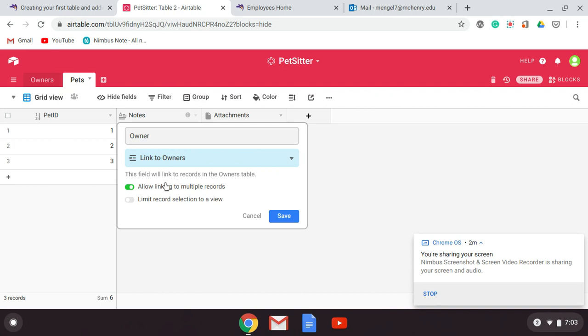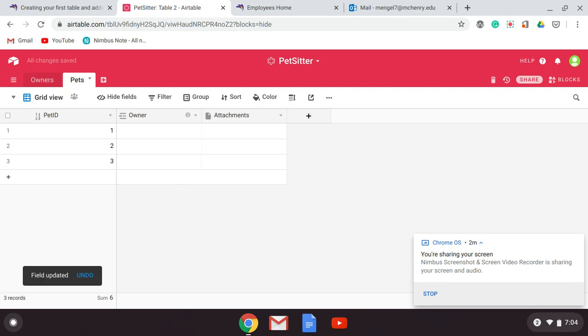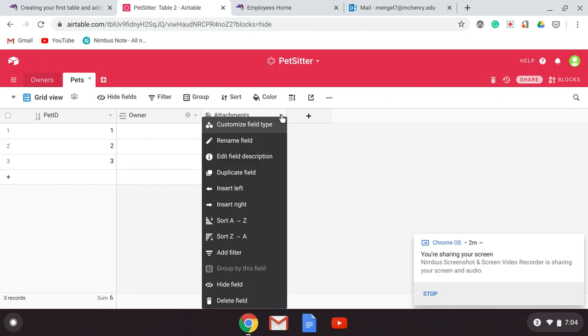And it should be a one-to-many relationship. I may have to come back and change this because this is a new database for me. But one owner should have potentially many pets. One pet shouldn't have multiple owners listed if you're doing some sort of dog service thing. So we're going to then have the